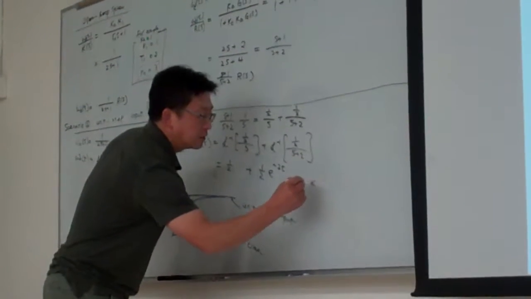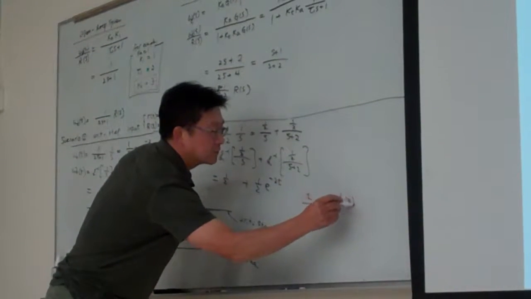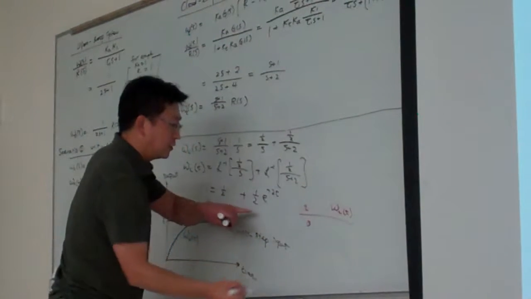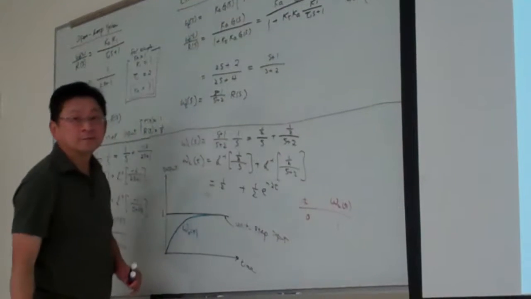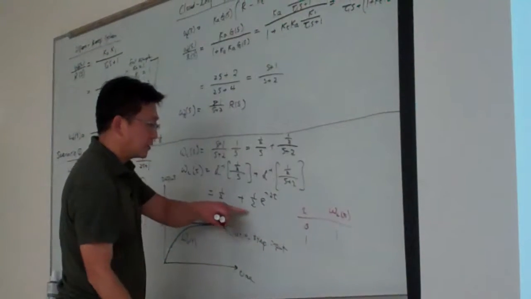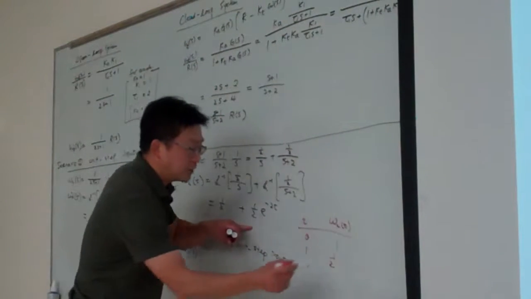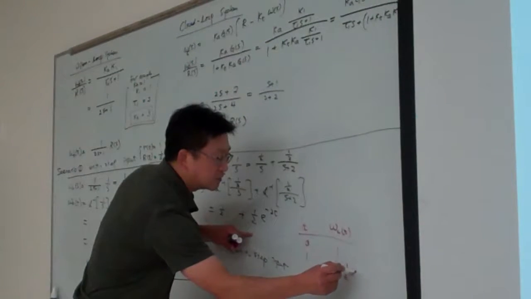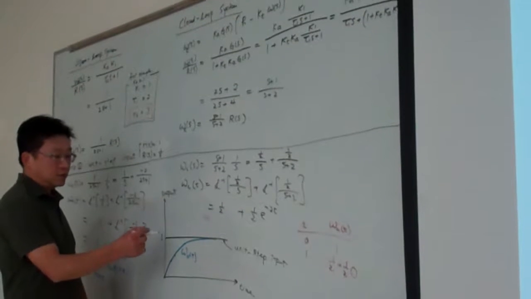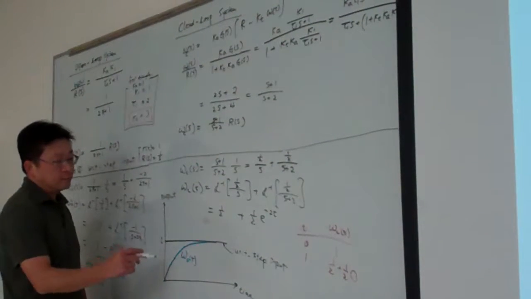When t equals 0, this value equals how much? 1. Equal to 1. And when t equals a little bit, say 1, then this value equals 1/2 plus 1/2 times a certain number smaller than 1. So here that is starting from here, and then